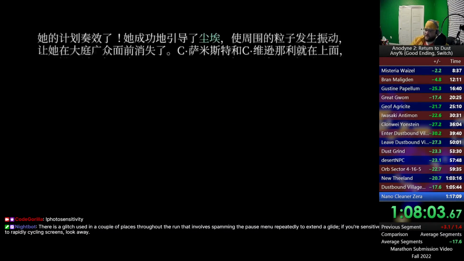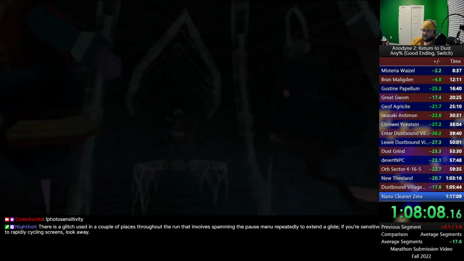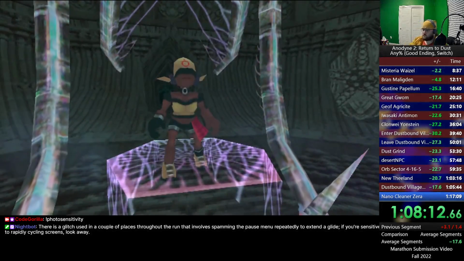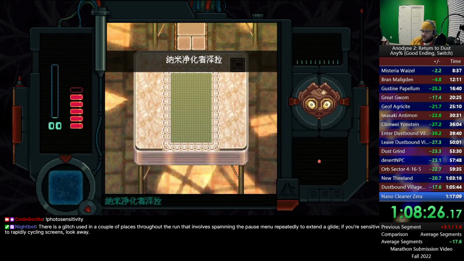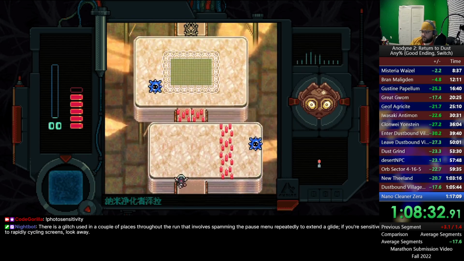And then use the dust that we absorbed into our bodies, question mark? I'm not clear on exactly the plot here, but we're looking at the face of our replacement, and we are sparking a connection, and we have entered our replacement to try and destroy the 3 elements of nurturing that we collected at the very beginning of the game. So, Nano Cleaner Zera,